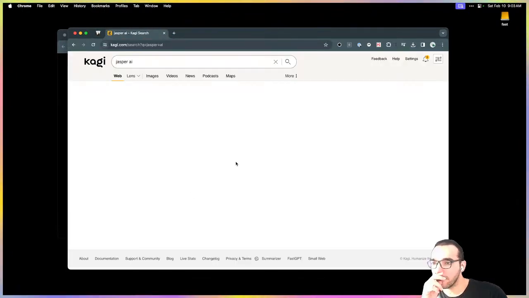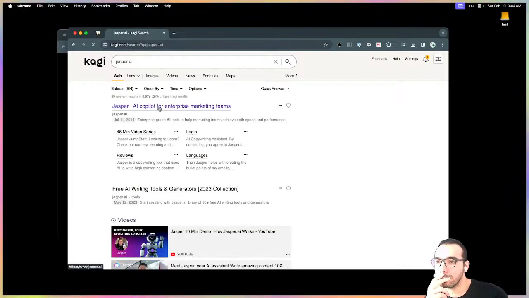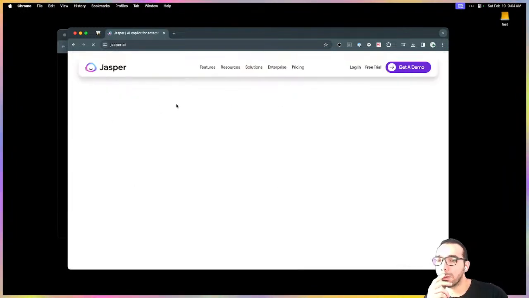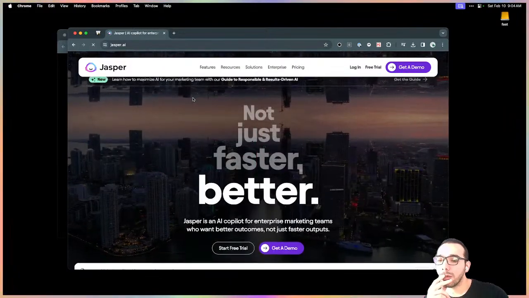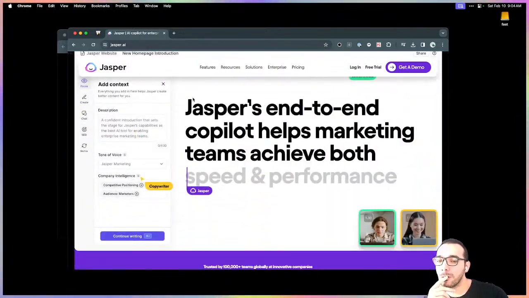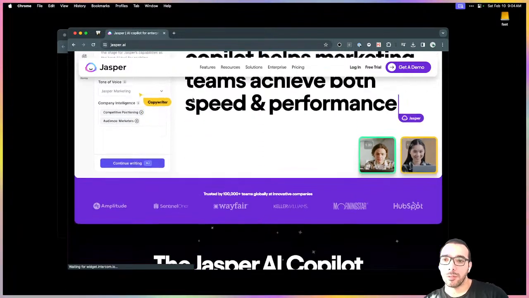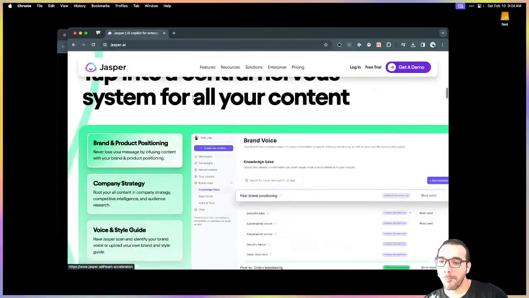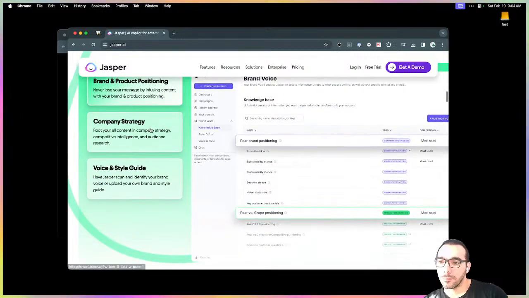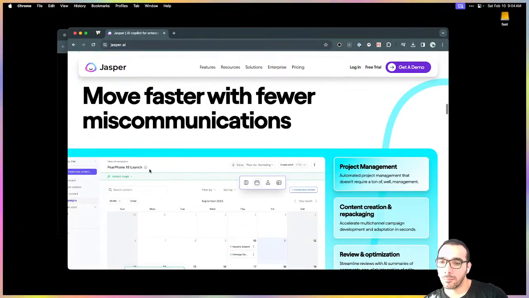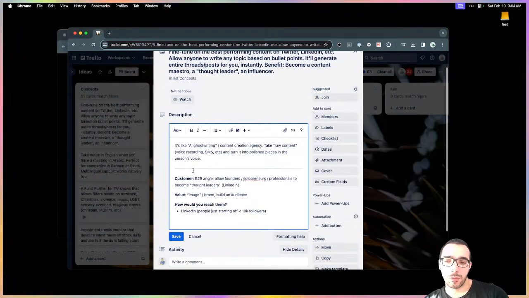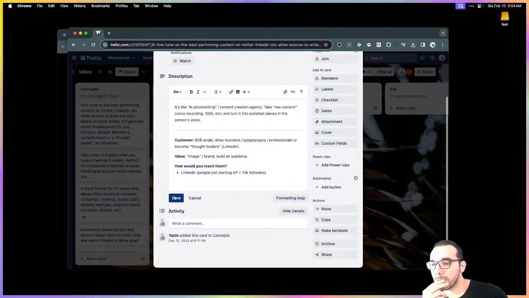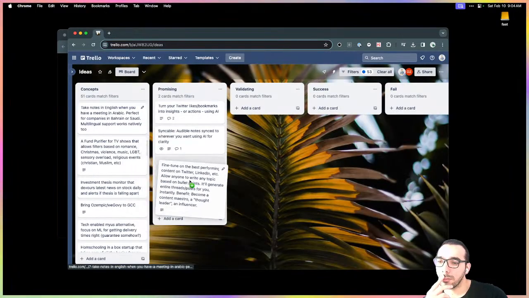Jasper AI. Oh, now they're focused on marketing teams. Okay, so not individuals. Oh, so it's not even an issue anymore. Their focus is on marketing teams, and I'm sure there are probably other tools that focus on individuals. Cool. This is promising. I like this.